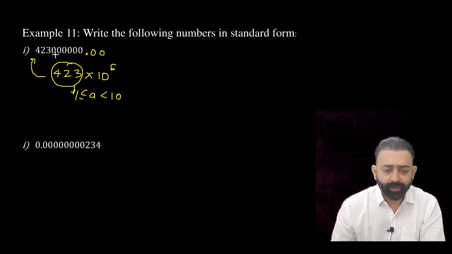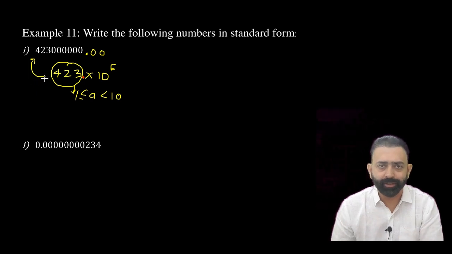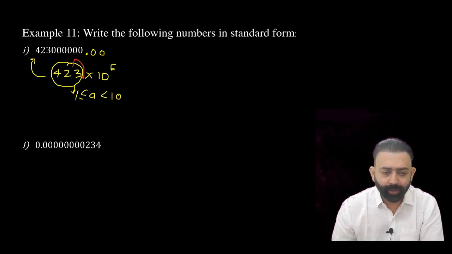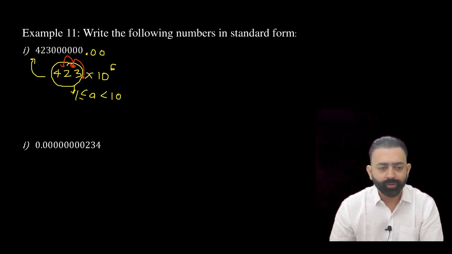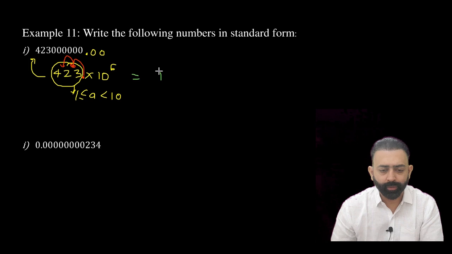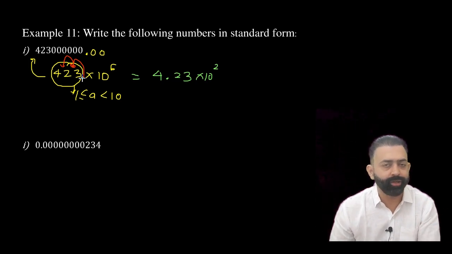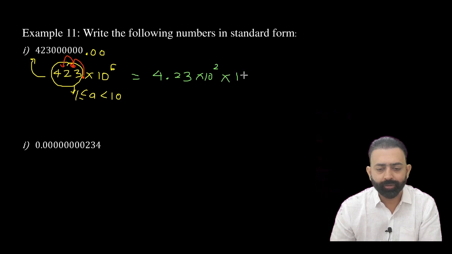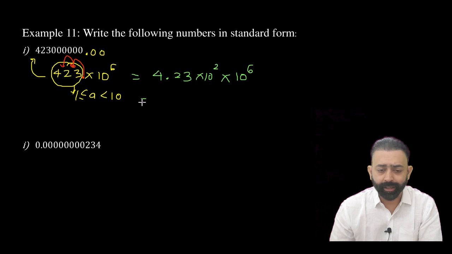So in this we have a decimal point after 3 here, 423.00, effectively it is written like this. So we need to bring this decimal point 2 places towards left, right? So this will be written as 4.23 into 10 raised to power 2. This 2 is for bringing 2 decimal places towards the left from 423, and we have 10 raised to power 6 as it is. So the final answer will be